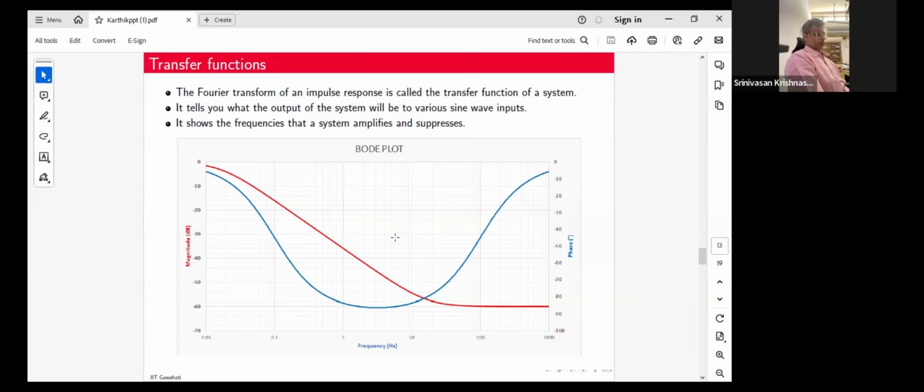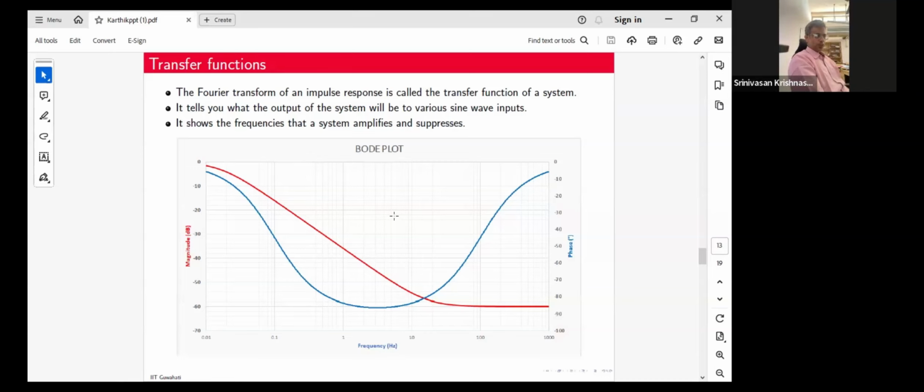So what does the transfer function essentially give you? It gives you the Fourier transform of the impulse response. Why is this very important? Because the impulse response contains all possible frequencies. The impulse response is the response of the system to an impulse. Now, impulse has all frequencies. If I look at the frequency response of an impulse, it's a flat frequency response. Therefore it has all frequencies with the same amplitude. Therefore if I know how a system responds to an impulse, I know how it's going to respond to